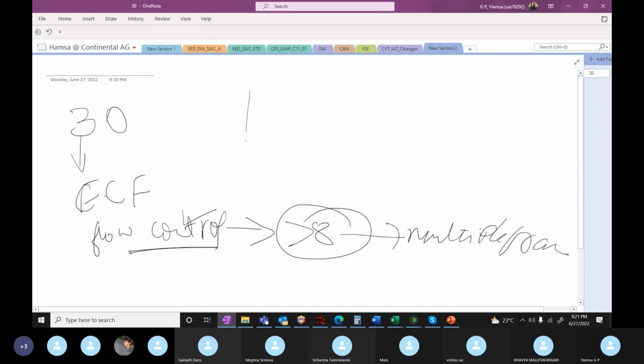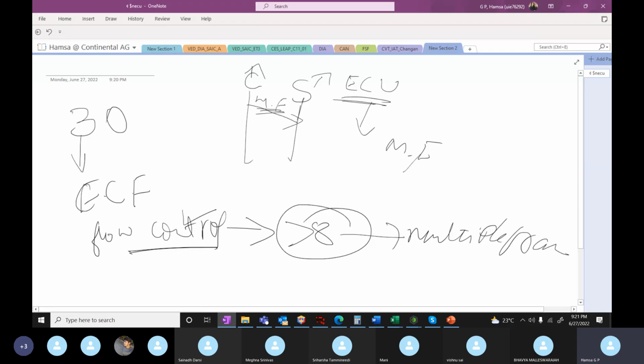Okay, this is the client, this is the server. Client, when I say client, is nothing but a tool, or you as a tester. Server means the ECU. If you are sending a multi-frame message, you need a confirmation from the ECU that it is able to receive the multi-frame. So that is the reason, once after sending the first frame, you will wait for the